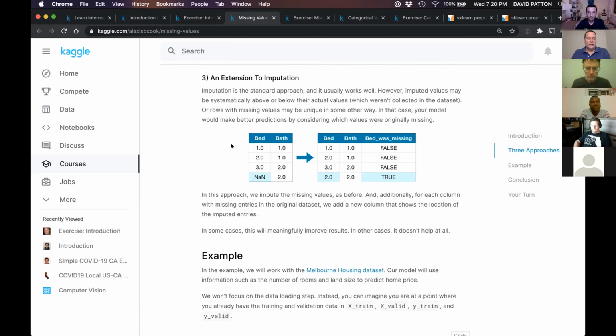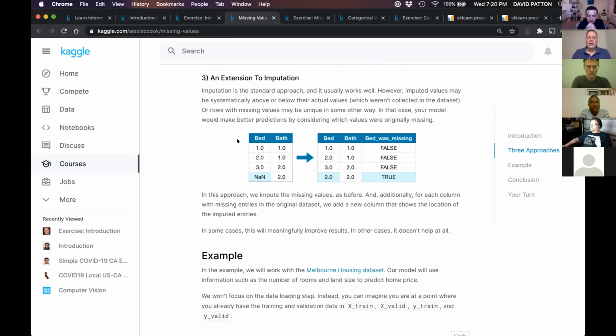For instance, lot size, I believe, was one of the features in our housing data set. If one house had no lot size in it, and we had some type of geographical data, or maybe even neighborhood-level data, we could take an average of the lot sizes of all the houses in that neighborhood and assume that this one is similar.